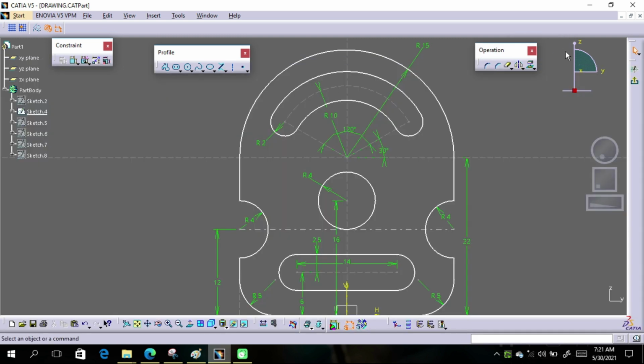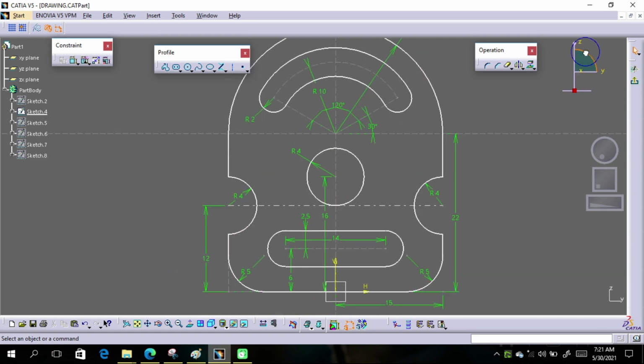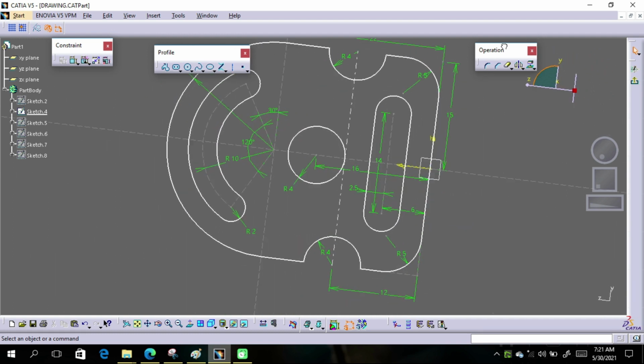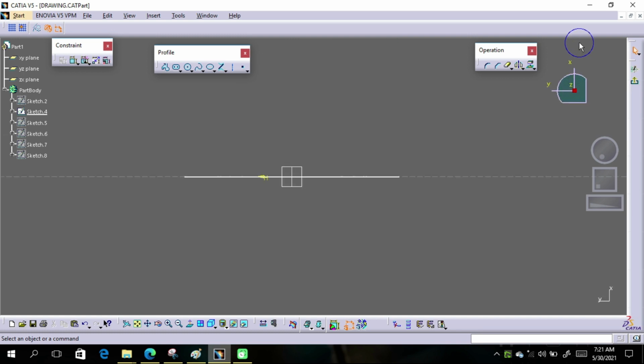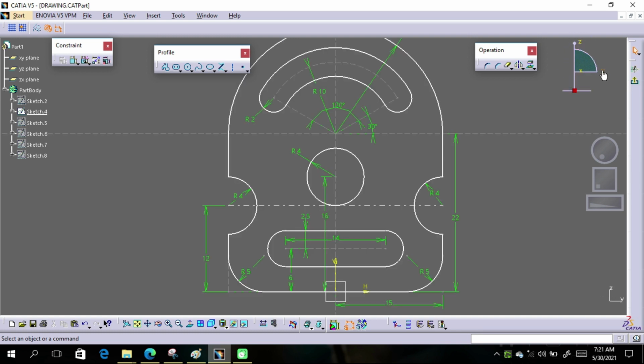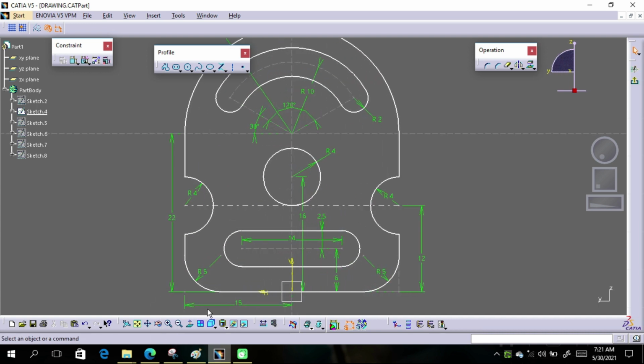This is the navigation compass. This will help us to navigate our 3D space. Click on this space for panning and this arc for rotating the screen. So we can see lots of options here for navigation in CATIA. That makes CATIA very easy to navigate and user friendly. You can see from Z direction, X direction and Y direction. So in any condition just click on your normal button to make the view normal again.